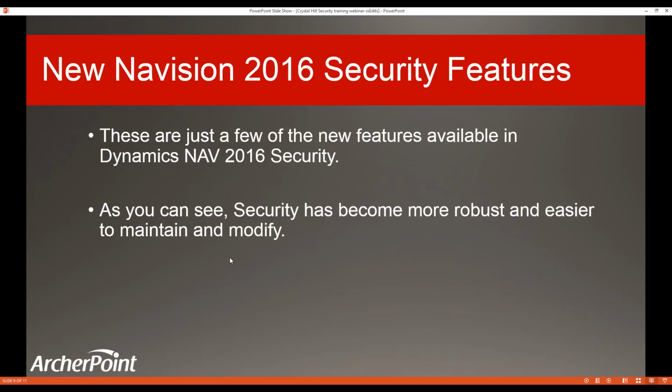So as I stated before, these are just two of the new features in 2016 security. There are several more out there, but due to time constraints, we don't have time to go over all of them. 2016 added a lot of features, and several of them are going to help you maintain more robust, easier to maintain and modify security systems. But I found that these are two that I personally like and have heard people ask for in the past,